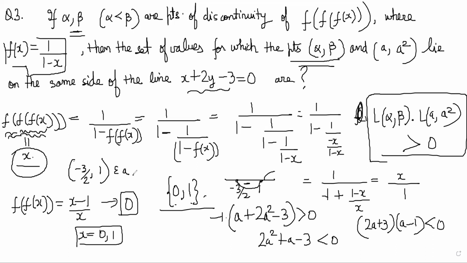So actually the question was easy only, but the key concept here was, even if this f of x came as x, which looks continuous everywhere, it is not defined when f of x is not defined. Points where the function is not defined, the composite function cannot be continuous. So 0, 1 is the set of points where it is undefined, right? So that is your discontinuous points. After that, it is basic coordinate geometry.